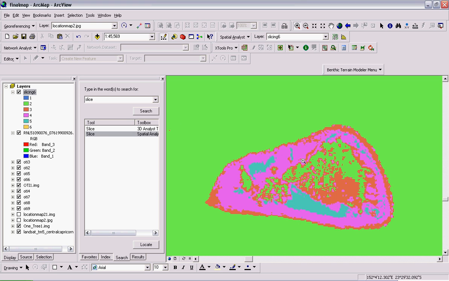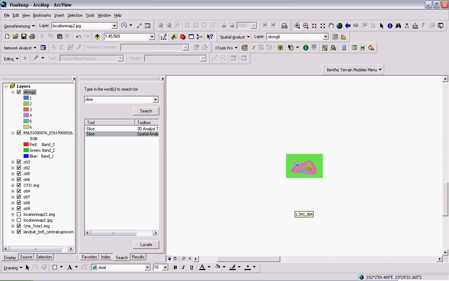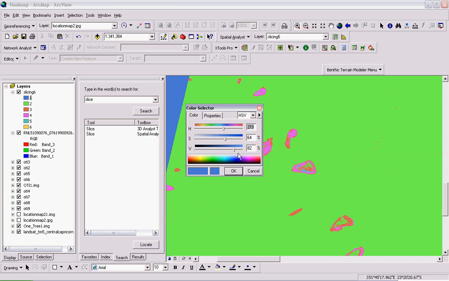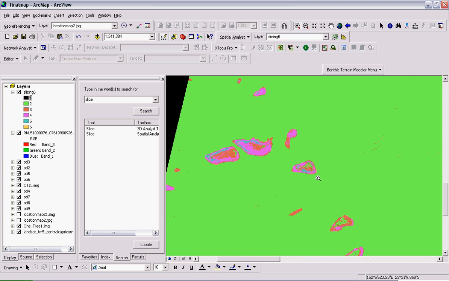So here we've got our 5. I'll just show you that 6th category. You can see it's this blue out here. So you can change the colour if you want in any way. So I'll just make it dark so you can see that it's just that outside area. If we return back to our reef here,